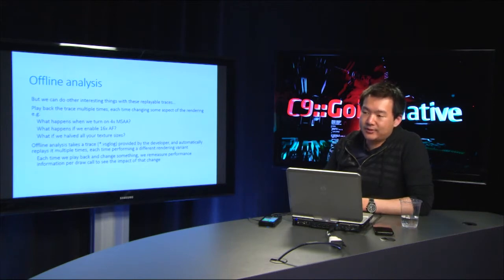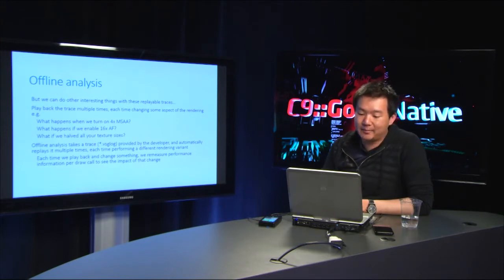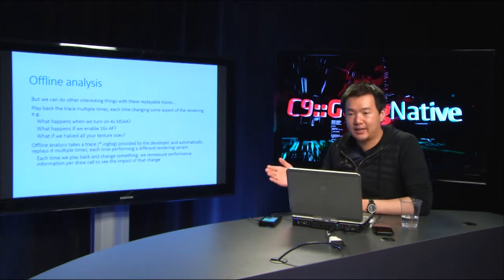But there's also other things that we can do to gain deeper insights into the performance of your application, and even independent of what hardware you're running on. For example, we can modify parts of the D3D state while we're playing back. For example, we could turn on multi-sample anti-aliasing, or we could turn on anisotropic filtering. You could halve all of your texture sizes, and then we can remeasure the time taken for every single one